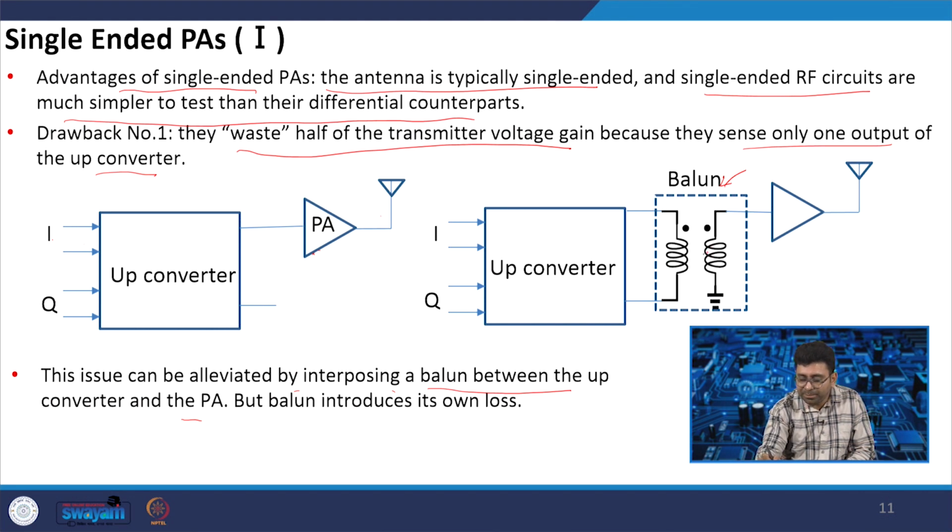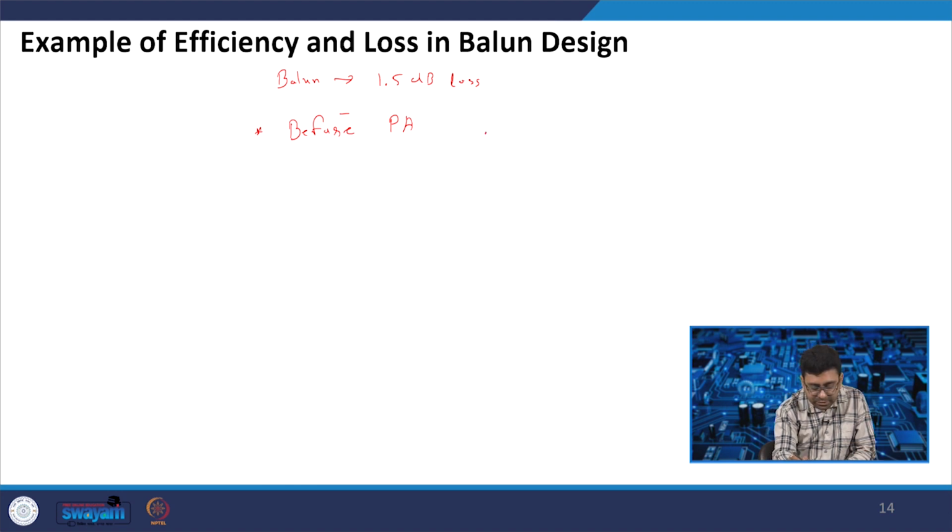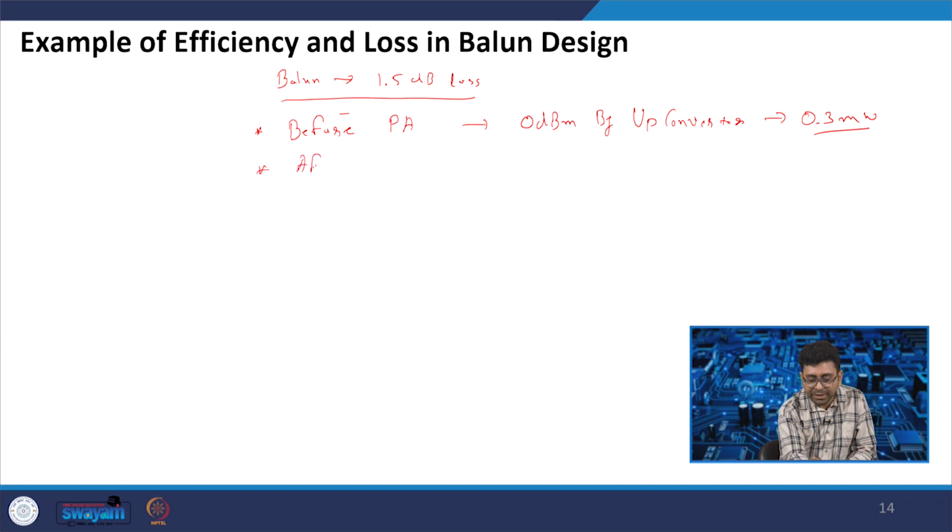If we add the balun before the PA, and the preceding stage, the up converter, is delivering around 0 dBm power, then the loss in terms of heat in the balun is 0.3 milliwatt, if the balun has a 1.5 dB insertion loss. If it is after the PA,